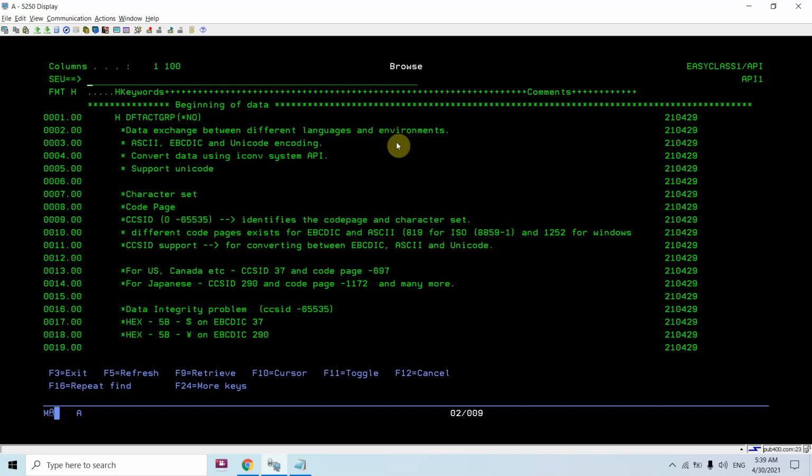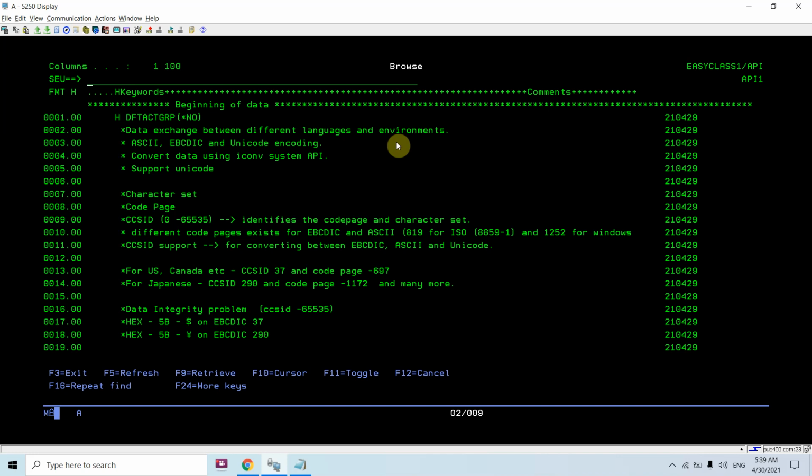Now let me explain some points, then I'll come to the code, because you must first understand the concept or the basic things. Once you get the basic idea about this, you will be able to handle Unicode every time. We need to exchange data between different languages, environments or platforms.